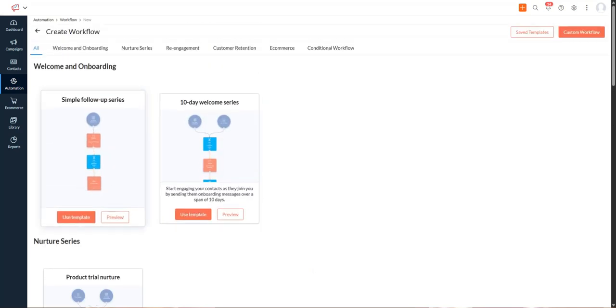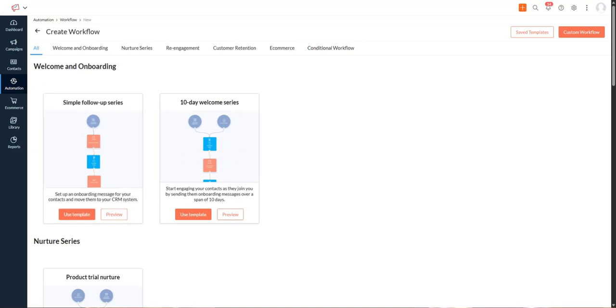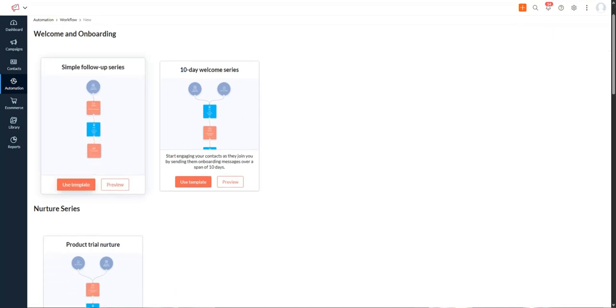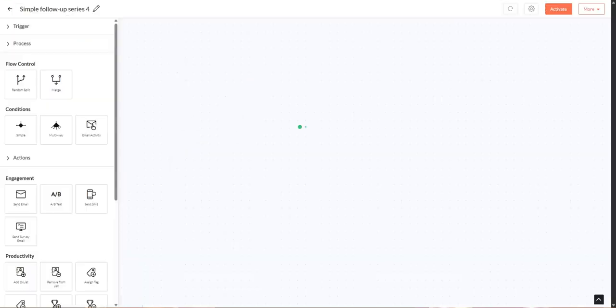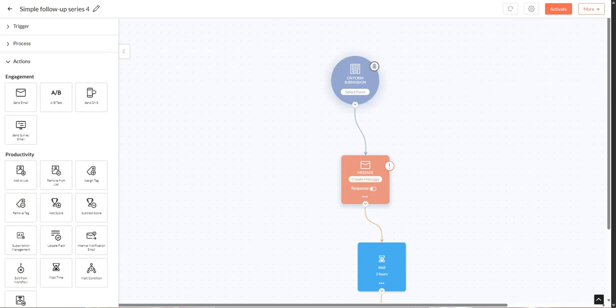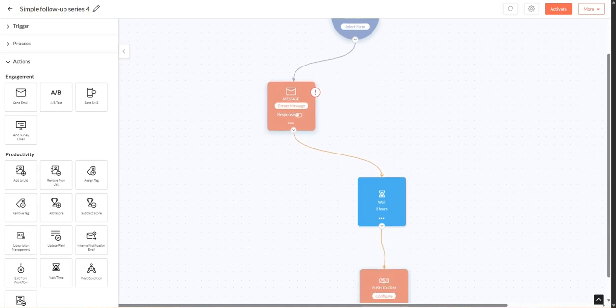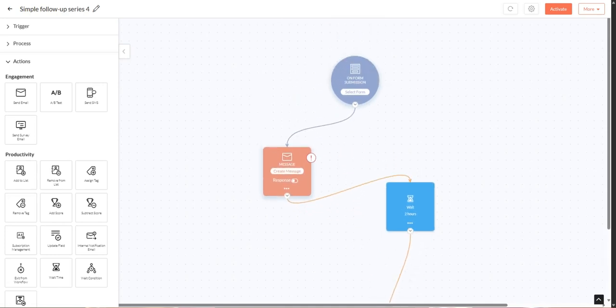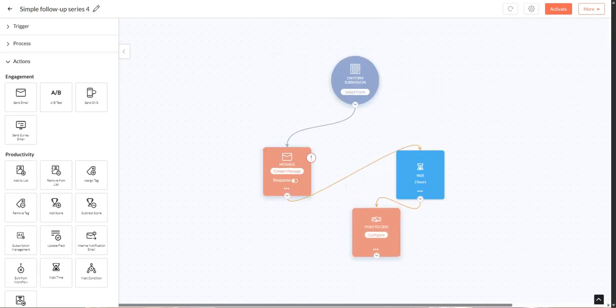For example, we're going to have here a simple follow-up series. Since we're nurturing, we can just use this template and edit its content. So for this sample, we have here the trigger on form submission, and a couple of already predefined processes. In this case, once it is on form submission, it will send an email message,